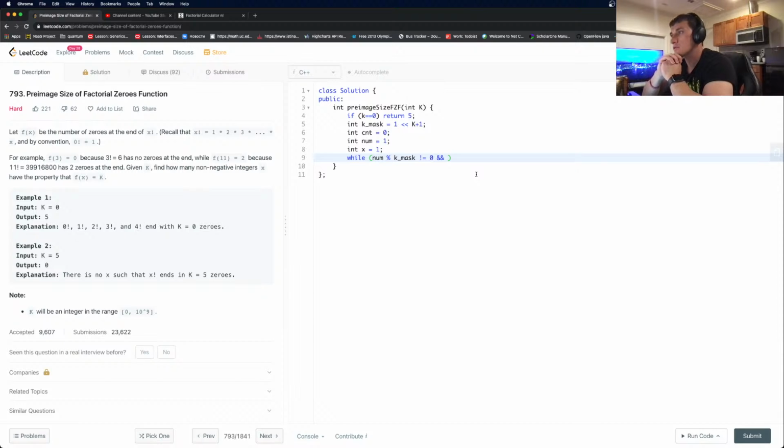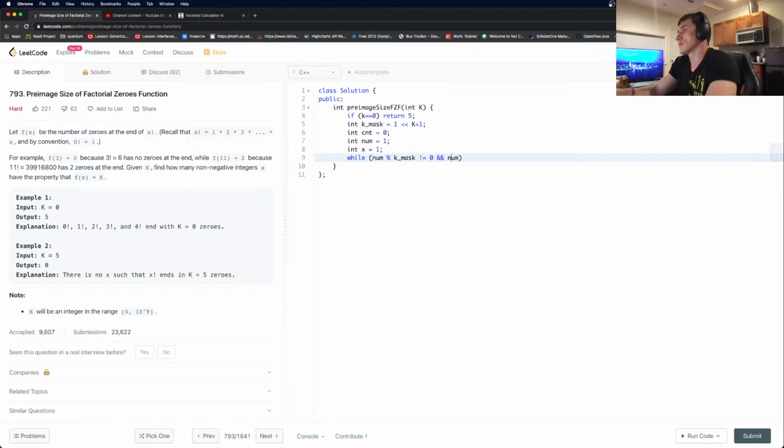Is it x or the factorial itself? I guess the num, right? And the num, while not equal 0,